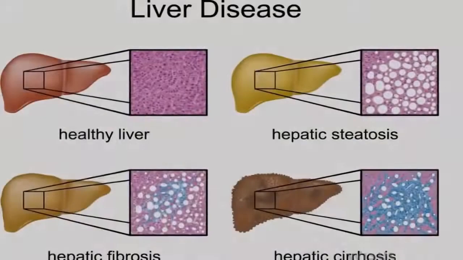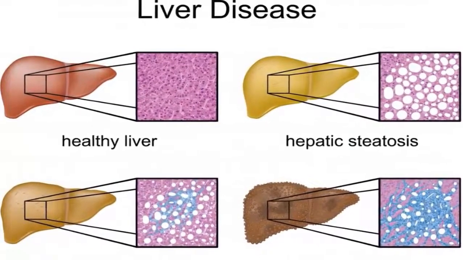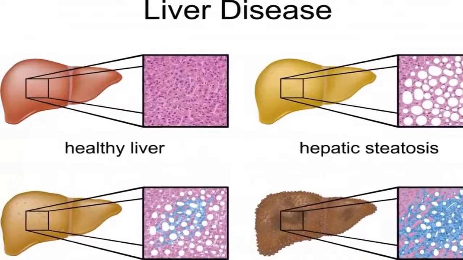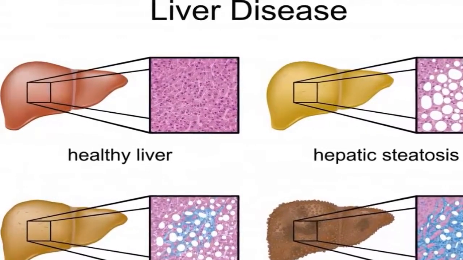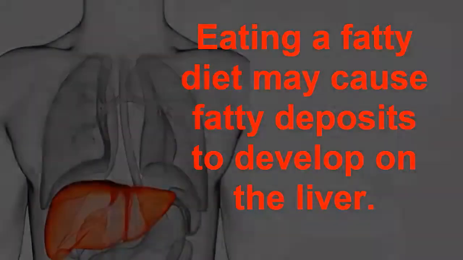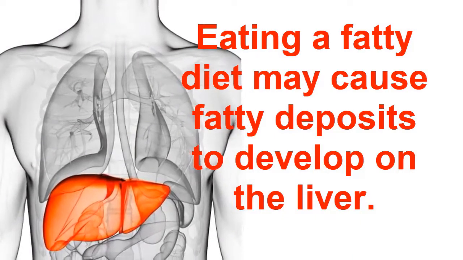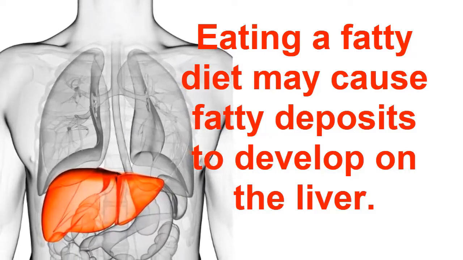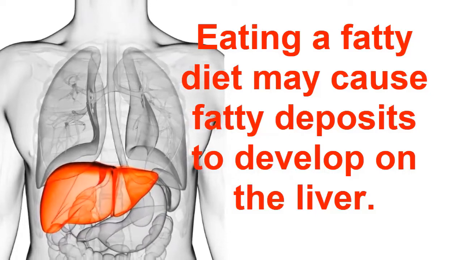Almost anyone can have fatty deposits on the liver, but there are some who are at an increased risk. Those who eat a diet high in fat may be more likely to develop them, as well as anyone who drinks excessive amounts of alcohol. In fact, most drinkers eventually have fatty deposits on the liver to some extent. They will generally go away with time if dietary habits are changed. This means a healthier diet and reduced drinking of alcoholic beverages. Sometimes fatty deposits on the liver can indicate a serious health condition. Liver cancer, cirrhosis of the liver, and other conditions can all cause fatty deposits to accumulate.